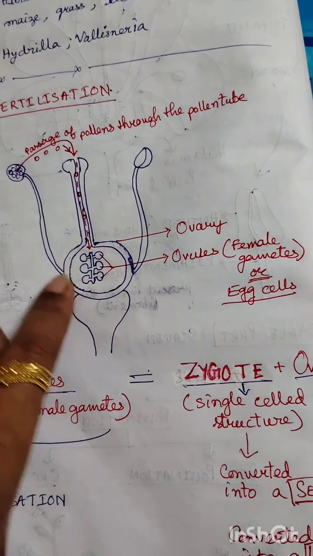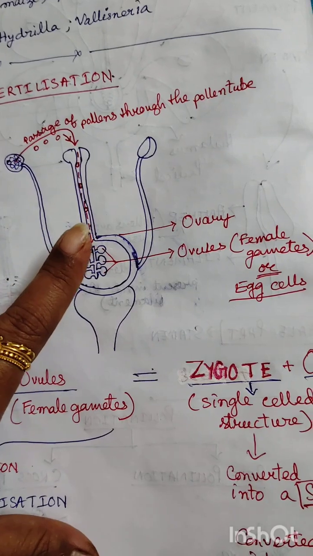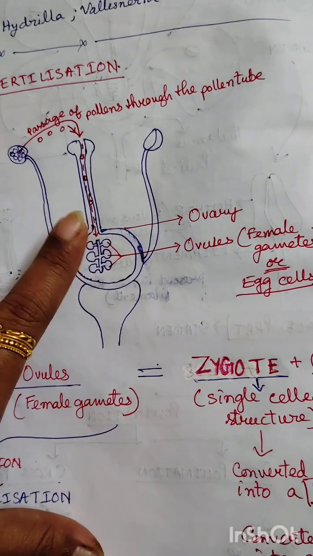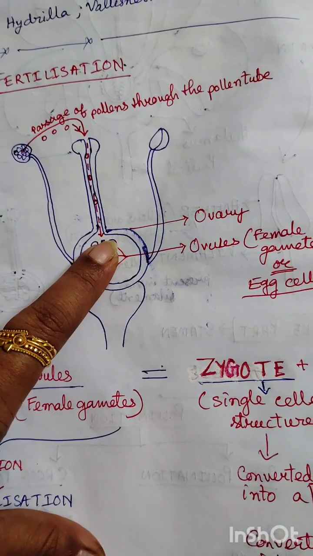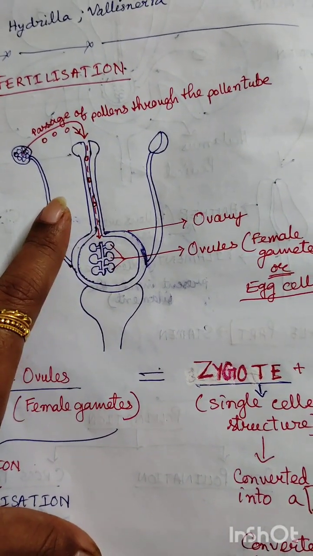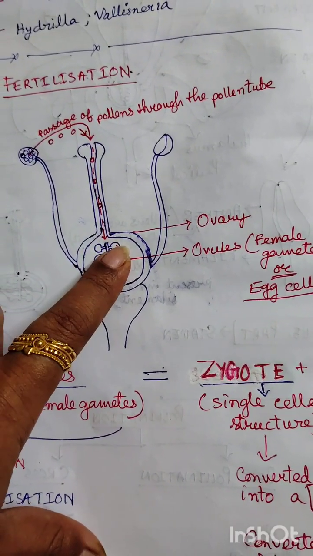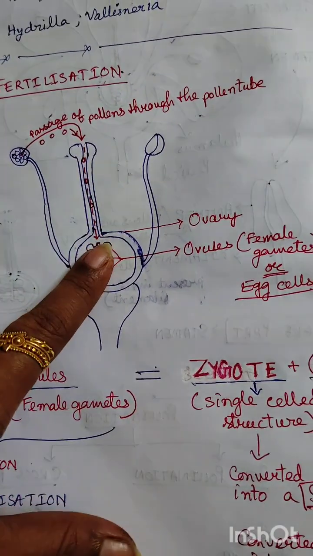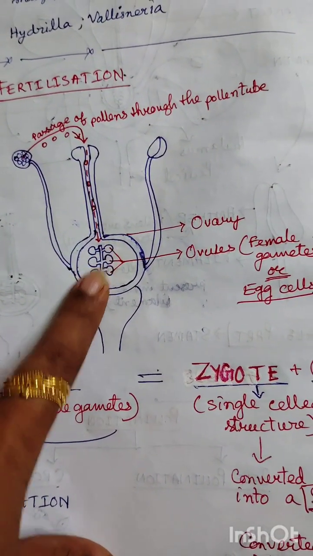অর এগ সেলস। এই পৌঁছে গেল যেই ফিমেল গ্যামেটসের কাছে, এখানে মেল গ্যামেটস আর ফিমেল গ্যামেটসের ফিউশন হয়ে গেল। ফিউশন মানে মিশে গেল। তখন আর কাউকে আলাদা করে চেনা যাচ্ছে না যে এইটা মেল গ্যামেট, এটা ফিমেল গ্যামেট, দুজনে মিশে একটা কিছু তৈরি হয়ে গেল। দ্যাট প্রসেস ইজ কল্ড ফার্টিলাইজেশন। এবার ওই একটা কিছু যেটা তৈরি হলো, দ্যাট ইজ কল্ড